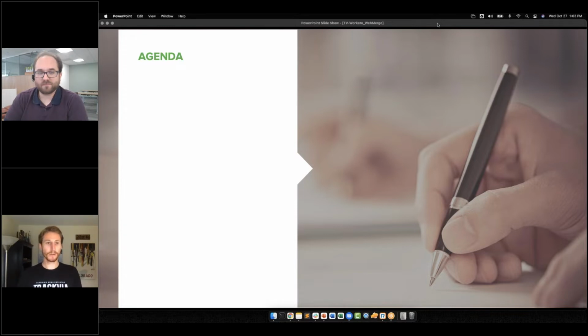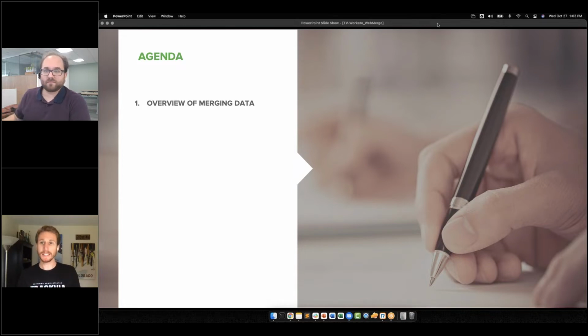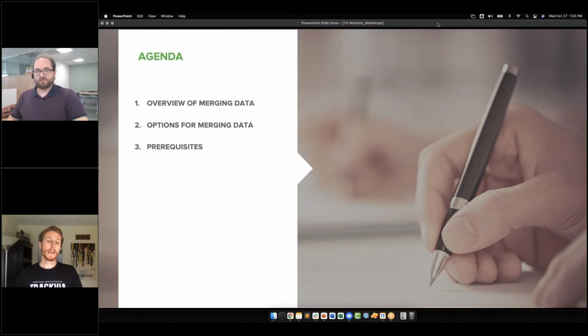So let's go through a quick agenda. We'll start with an overview: what merging data actually is, and some examples. We'll move into options for merging data. There's a lot of ways that you can do this, and we're going to talk about one of those ways today. One of those ways requires some prerequisites set up for you before you can take advantage of this method, so we'll talk about what those prerequisites are.